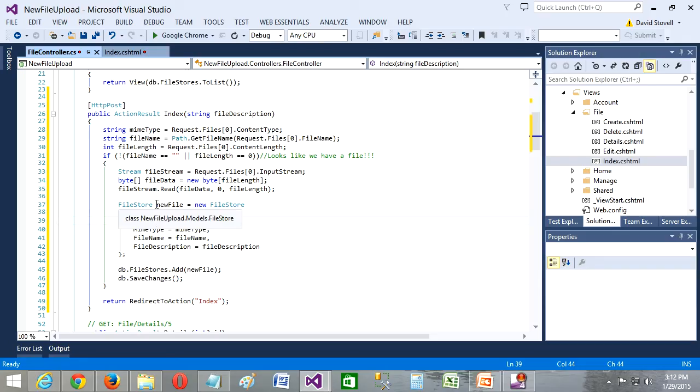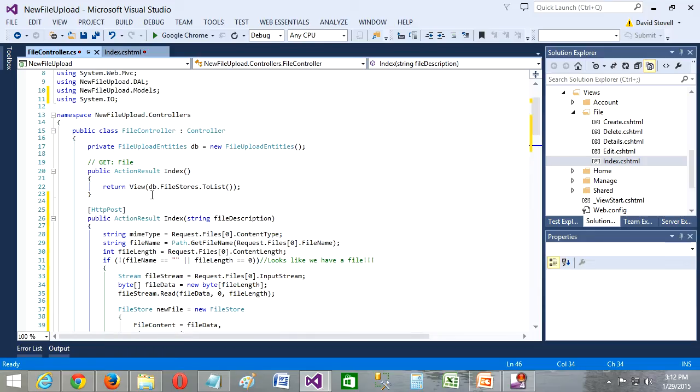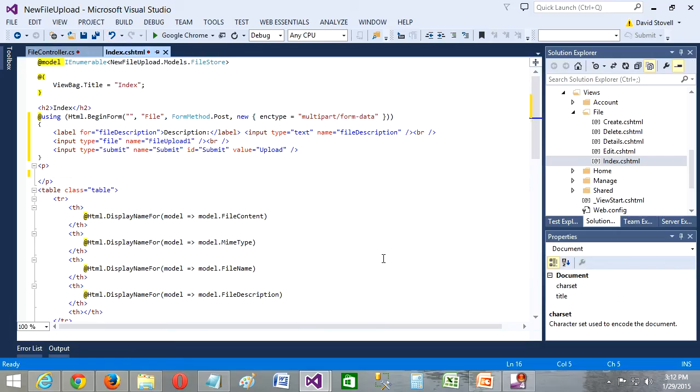So with my new file store object, I just add that to the DB set, save changes, and bada bing. That's it. It's as simple as that using Entity Framework. Very, very nice clean code compared to a lot of other approaches you'll find online. Afterwards, we'll just redirect back to the index action, which will get us our list again, right? Now I'll make further changes in here, but for now, let's leave it like that